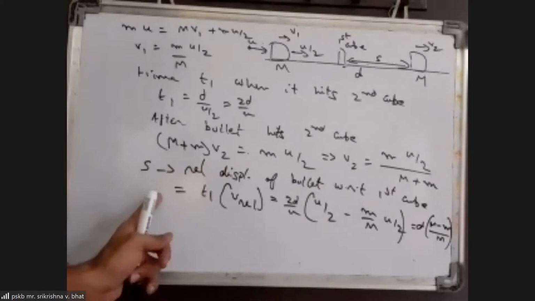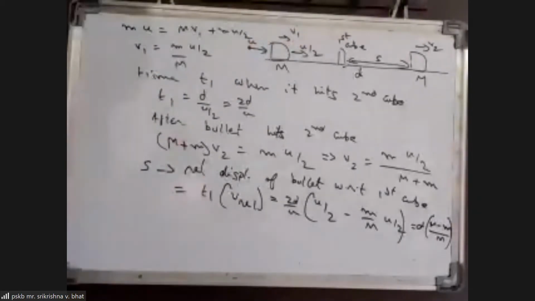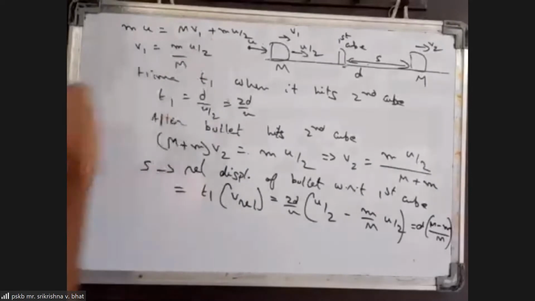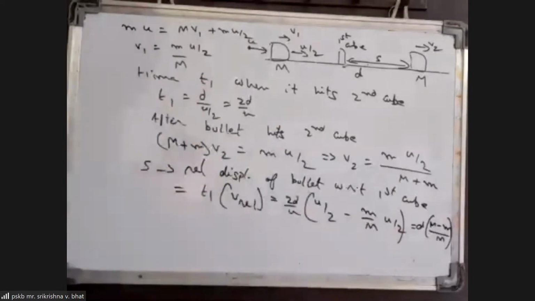So that is the relative displacement, or the separation between the bullet and the cube. But this can also be considered as the separation between the two cubes at the time when the second cube is going to get stuck. The instant when the second cube is going to get stuck, the separation between the two cubes will also be the same as this, d (M - m)/M. Now we want to find after how much more time the collision will take place between the two cubes. The first cube has this velocity and the second cube has this velocity. Obviously, you can see that v1 is more than v2, and since v1 is more than v2, there is going to be a collision for sure.